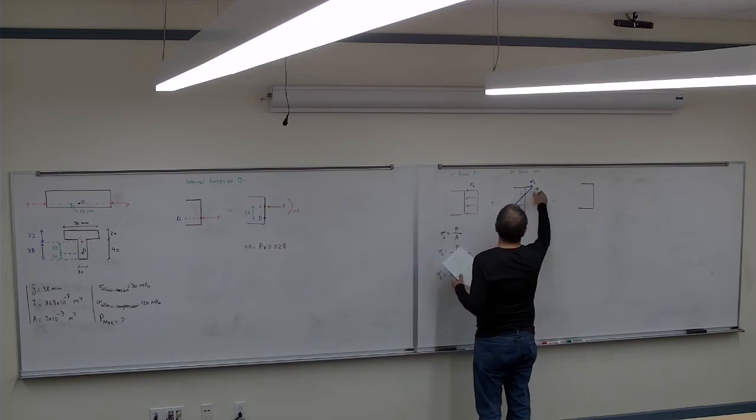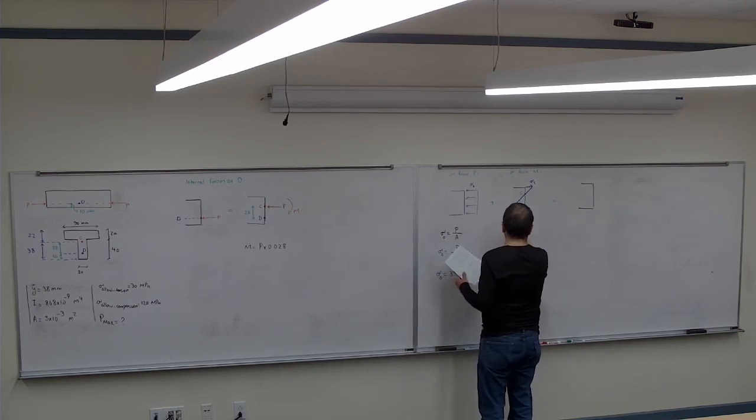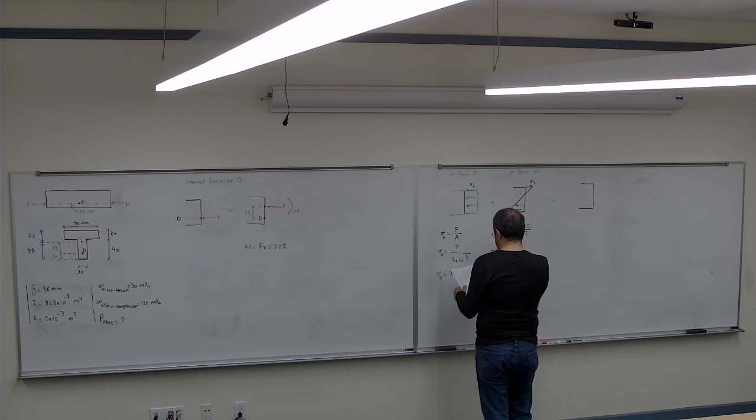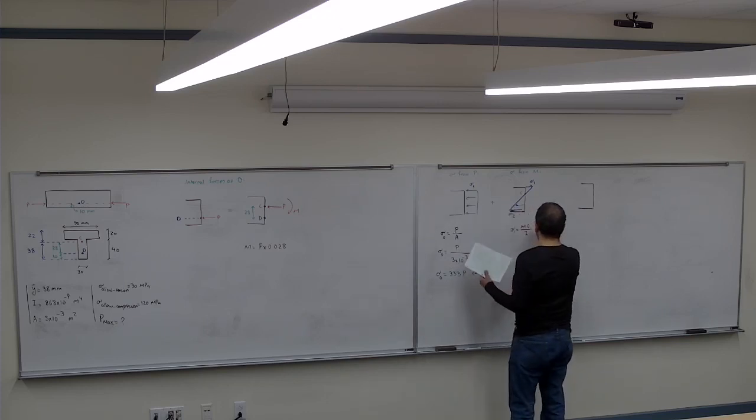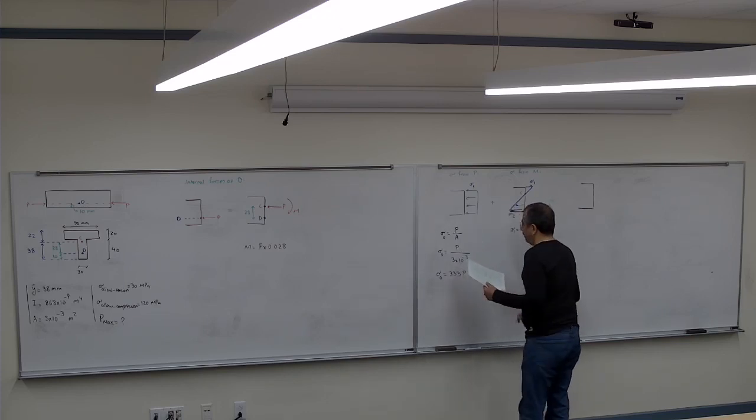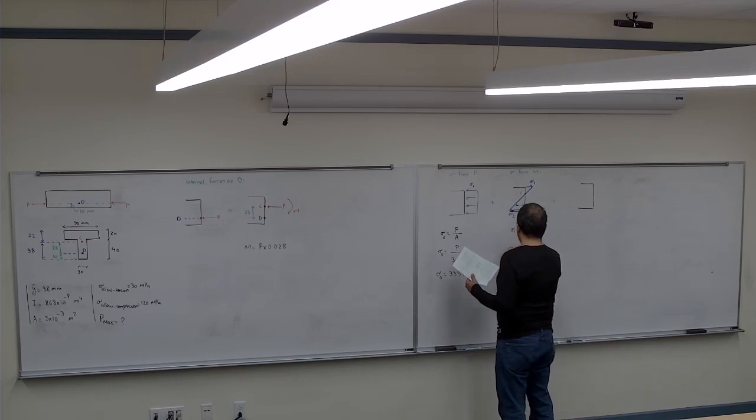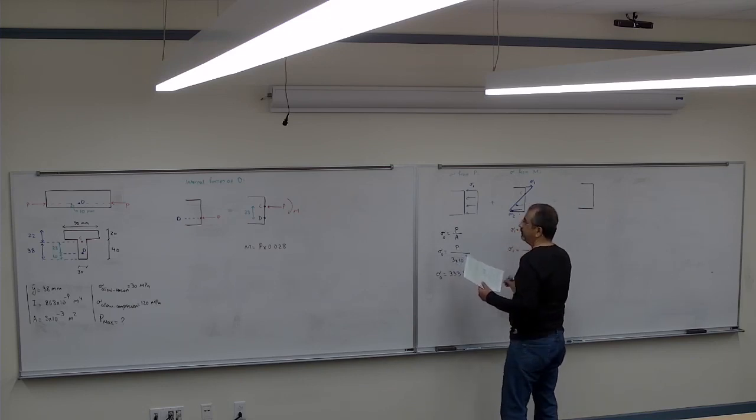Now if I want to go to sigma 1 and sigma 2, sigma 1 is MC1 divided by I,